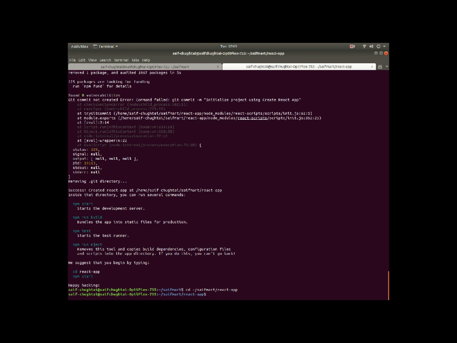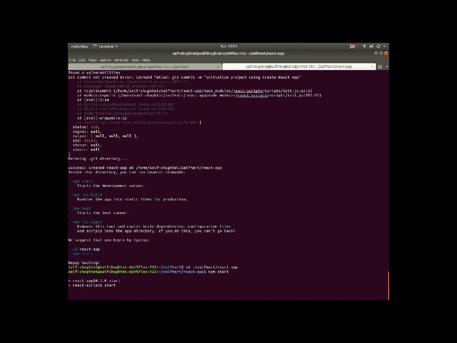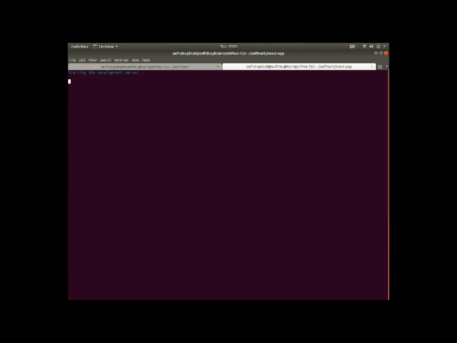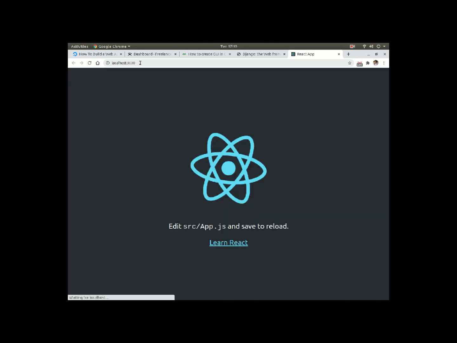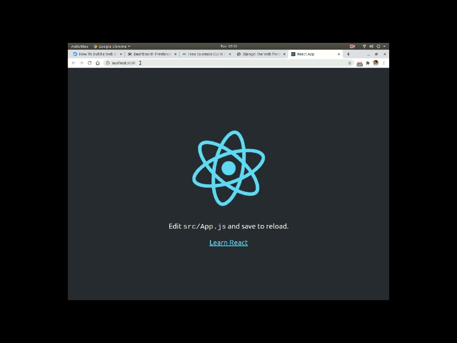Now I'll just start my React server, npm start. Yes, you can see it's starting up. Starting the development server. You can see localhost 3000. It's taking too much time. Oh, hooray! We have created both